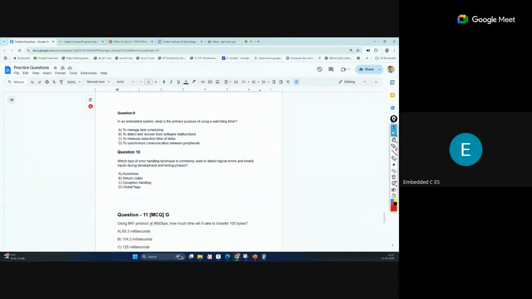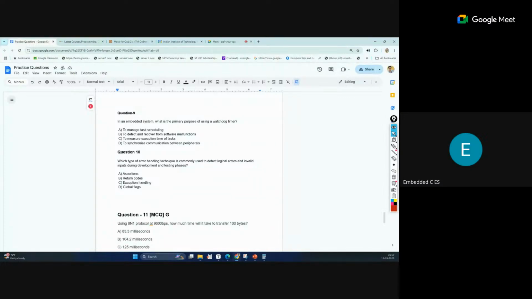To manage task scheduling, definitely not. The other options are: to detect and recover from software malfunction, to measure execution time of tasks, and to synchronize communication between peripherals. To measure execution time of tasks is also not correct.